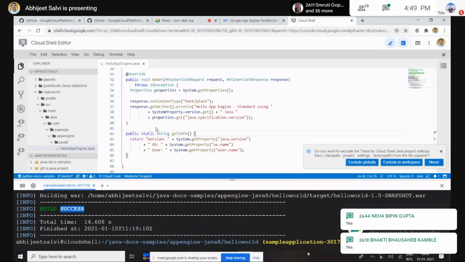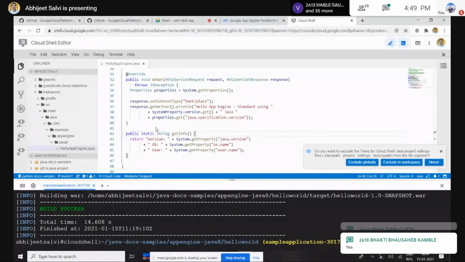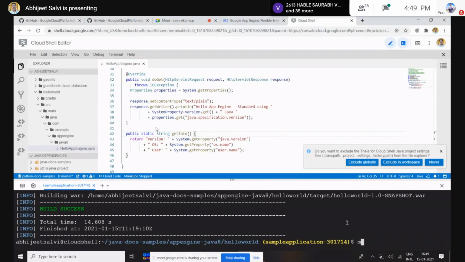Now after getting these two commands, mvn clean and mvn package, we have to write mvn, that is Maven, app engine, and then specify that we would like to execute our program because the build package is built now. If you go by this war extension over there, that means we created a package. And then we would like to run that program now. So mvn appengine colon run option.